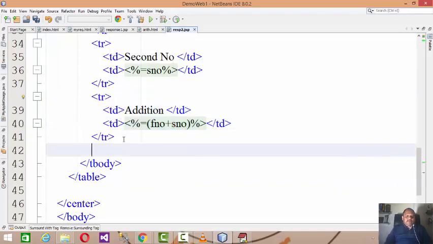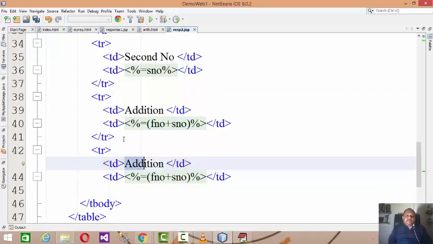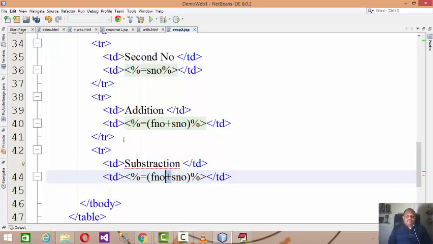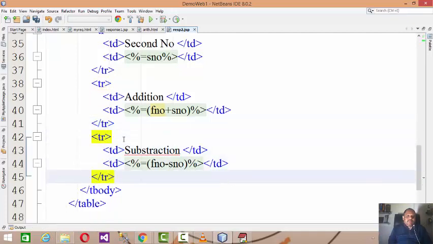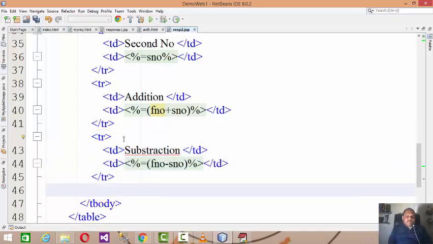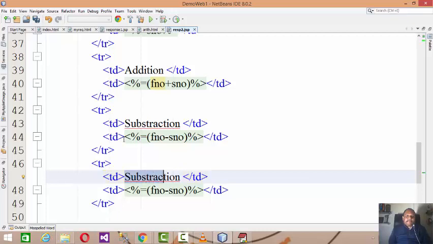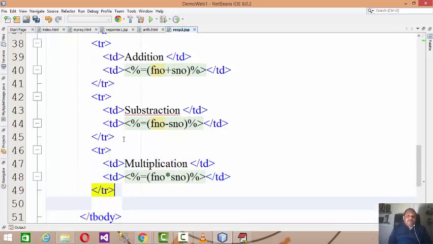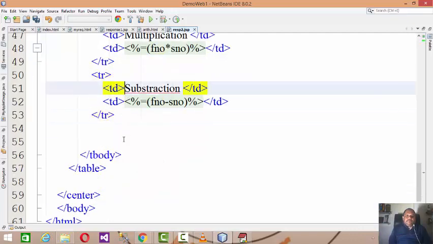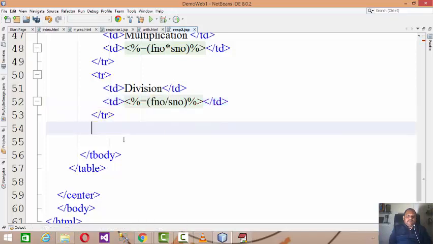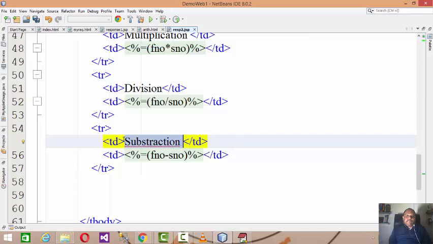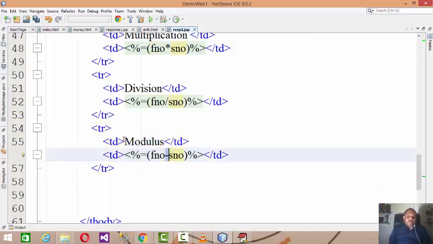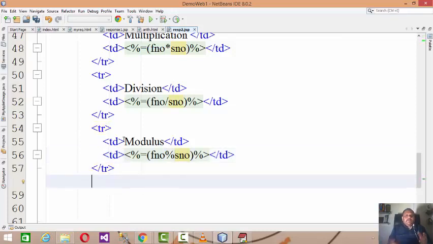And then you've got the rest of the arithmetic operations, let's say subtraction, multiplication, whatever, division, do this, compare and all, right?